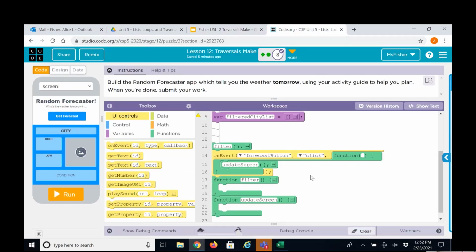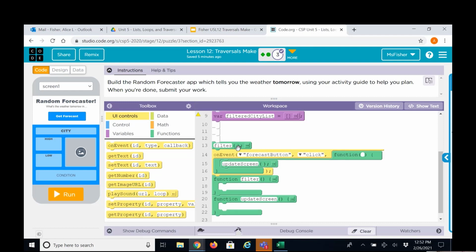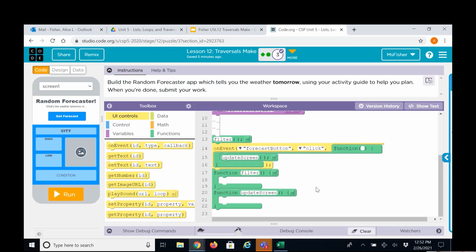With that in mind, we only need to filter the lists once. And once we do that, every time the user hits Get Forecast, we're going to call update screen, and that will call this function, which will pick a random city and then update these elements with the data from that city. In the next video, I will explain how to actually implement the